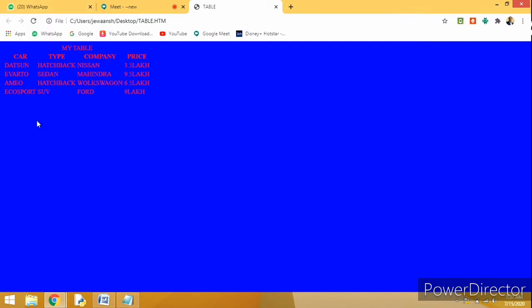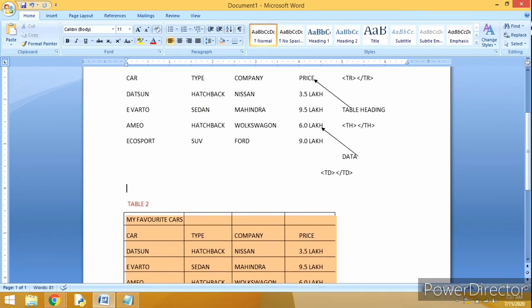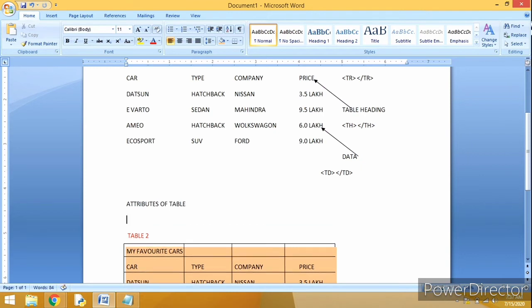Now coming back to this, we haven't yet seen the attributes of a table. So let us learn about the first attribute of a table. The very first attribute of the table is BGCOLOR.